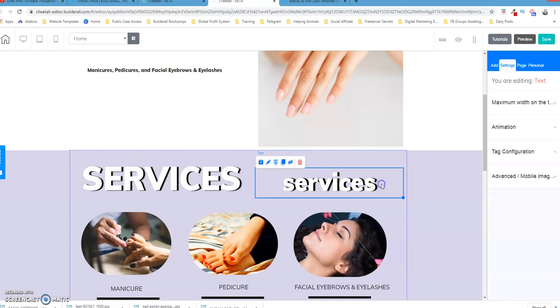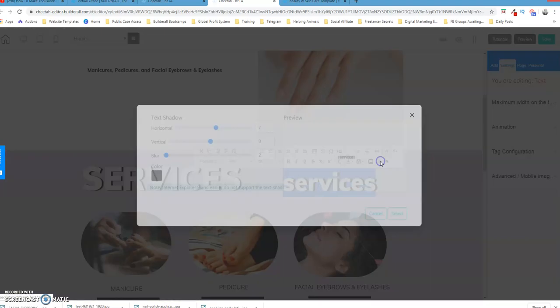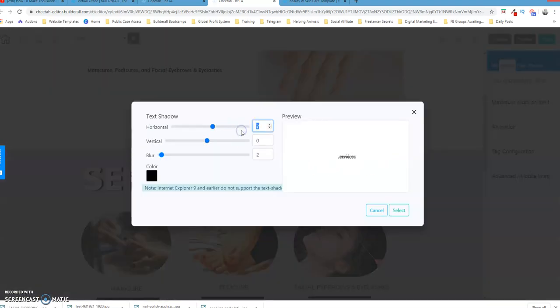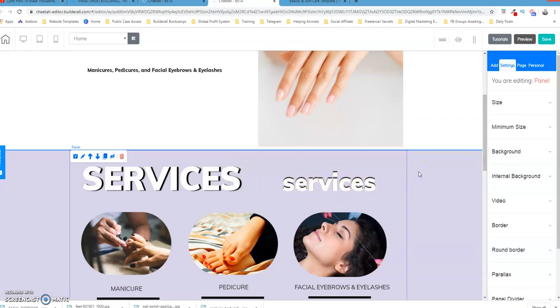So I'm going to select this, double click in that area, let's highlight it, and let's select the insert text shadow, and let's change this to 0. And let's do the vertical and see what it does. If you go positive, it brings the shadow on the bottom. If you bring it over in the negative, it brings it up to the top. So let's select that. And now you can see there's a drop shadow vertically on that. So that's how you could add a drop shadow to your text fields or text elements within the Builderall platform